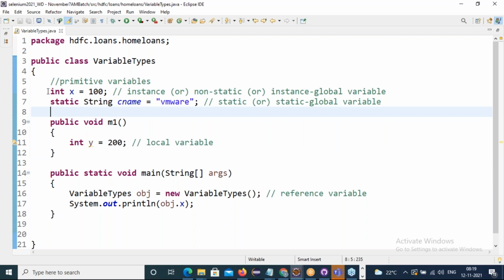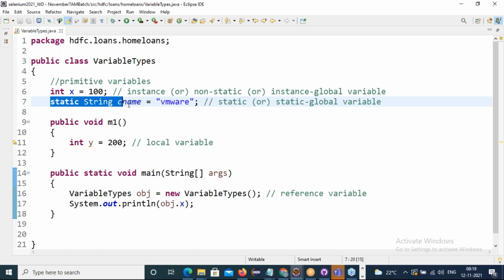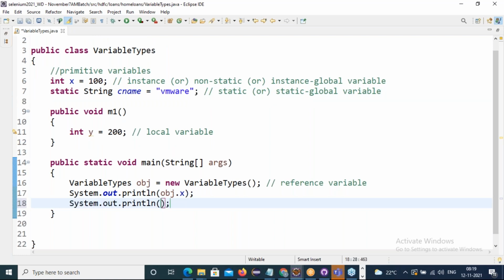Anyhow, these instance variables we access through the class reference variable. Now how can I access the static variable CNAME? Static variables can be accessed directly, like CNAME, or we can also call them with the class name, class name dot CNAME.